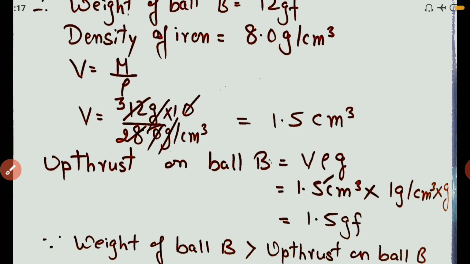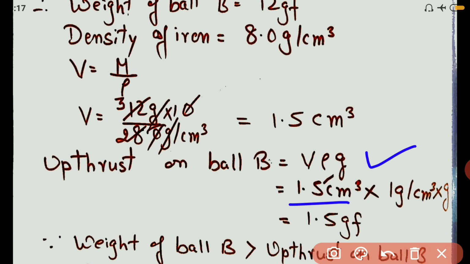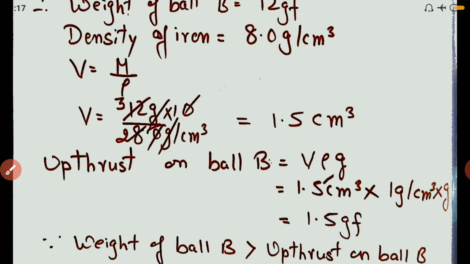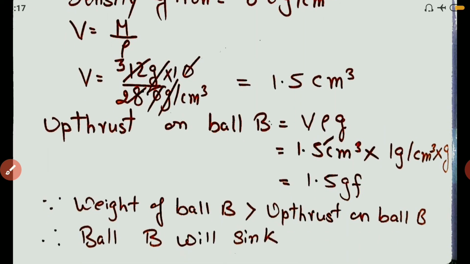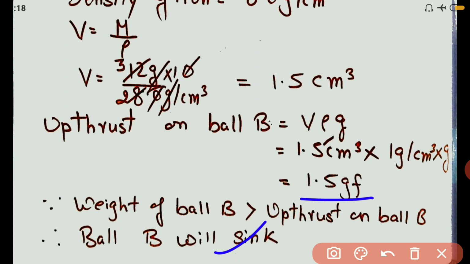So upthrust on the ball B can be calculated using the formula again, V rho G. V we calculated to be 1.5 centimeter cube. The density of water is 1 gram per centimeter cube, and G is the acceleration due to gravity. Now after solving it, we shall get the answer as 1.5 gram force. I hope you understood the role of this G, right? Since the weight of the ball is greater than the upthrust, because the weight of the ball was 12 gram force and the upthrust on the ball is just 1.5 gram force, hence ball B will sink. So I hope you have understood this question number